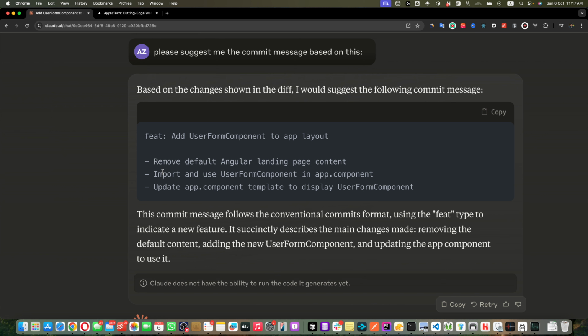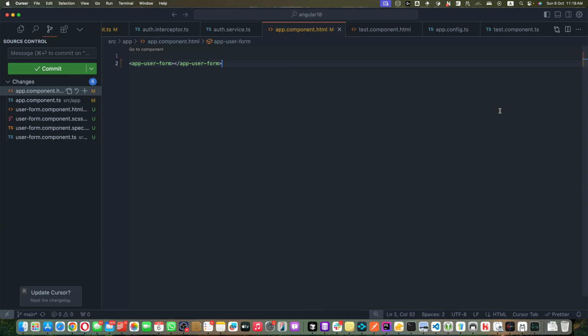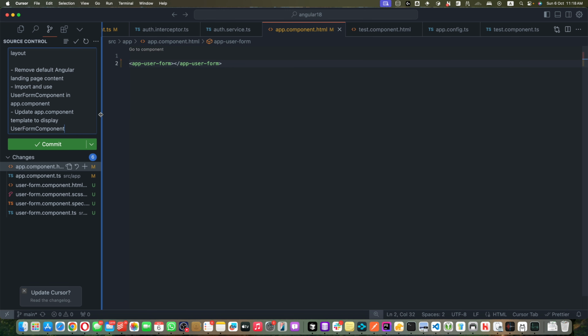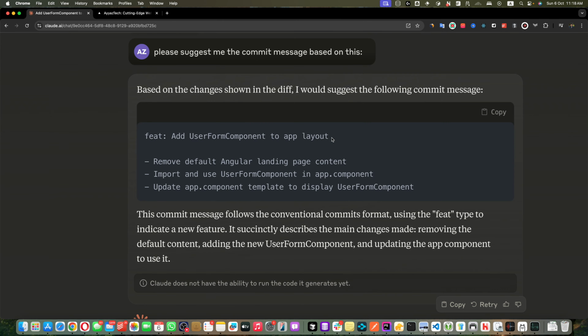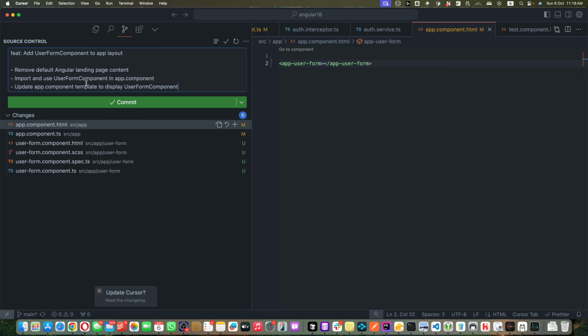Then we import and use the user form component in app.component, and then we updated the app.component template to display the user form component. So in my experience so far, mostly these suggestions are very accurate and trustworthy. You can just copy that and start using it. But I would still recommend that whenever you copy that, you should verify by reading this entire commit and